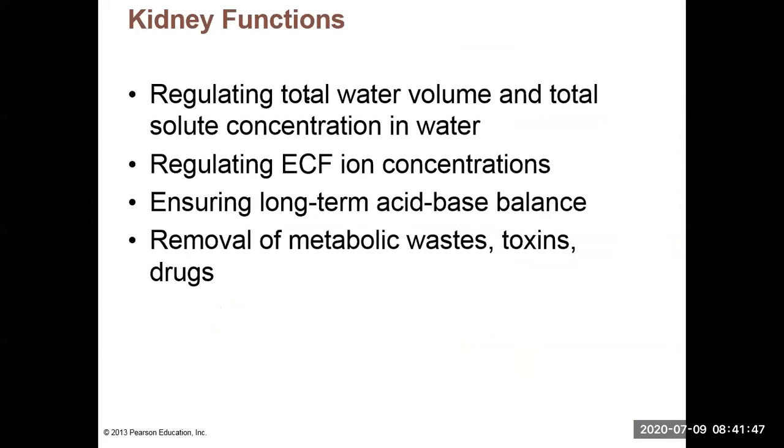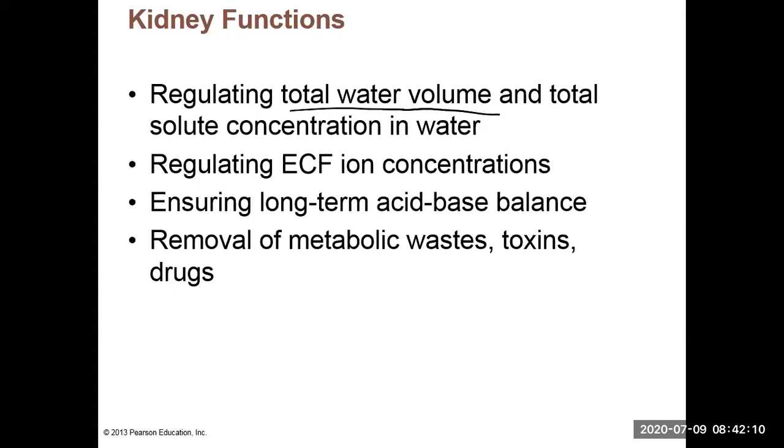So let's take a look at the function. It can balance the water. You all have that idea already. In other words, when you are drinking a lot of water, you're using a restroom more often, your urine output is higher. When you drink less, obviously your urine output is going to be less and your urine will